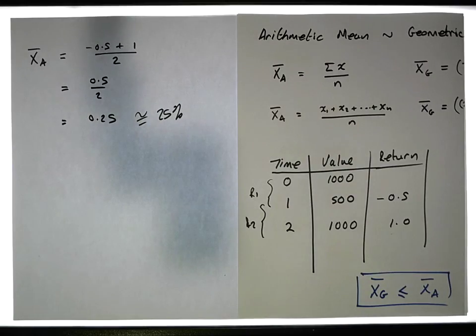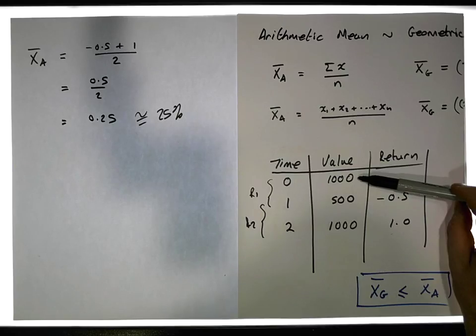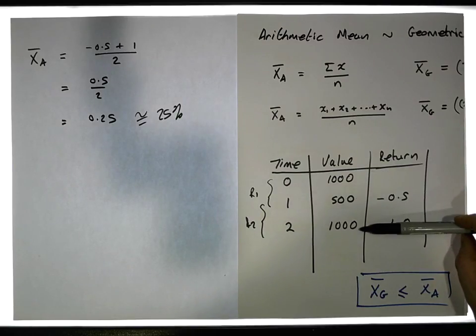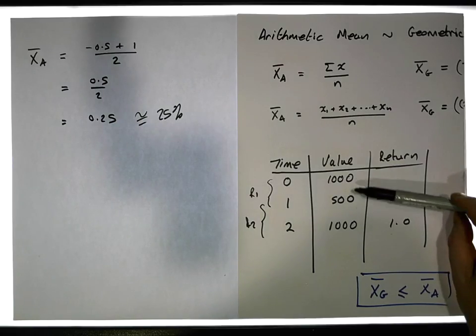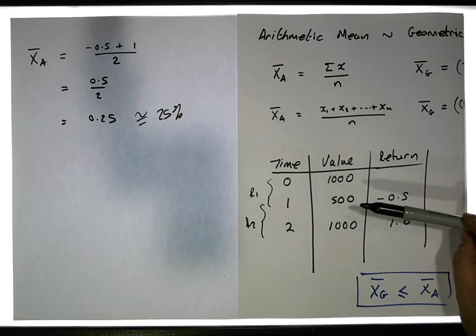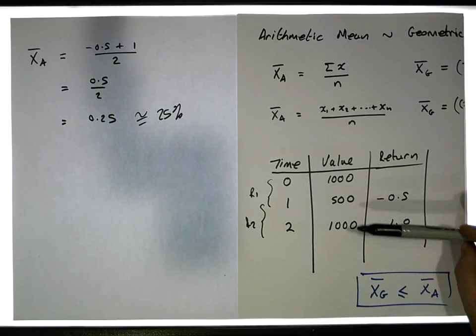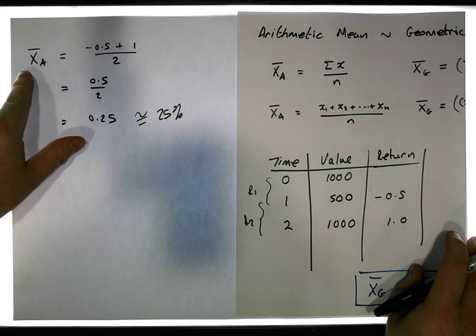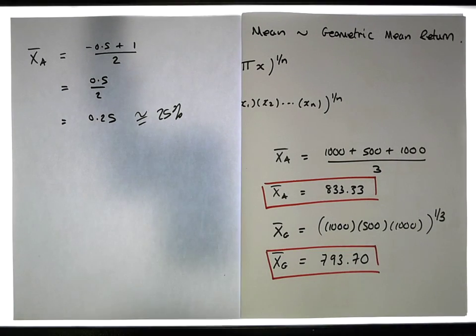Now, what we can actually see is that across these 2 periods, we went from €1,000 down to 500 and back up to 1,000. Actually, there was no gain. We've ended up back where we started. So the rate of return for this particular investment across the 2-year period is actually 0. So how are we going to do that? What we need to calculate, instead of the arithmetic mean, is the geometric mean, but we're going to make a modification. It's going to be called